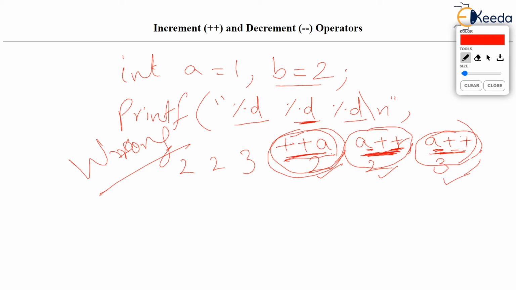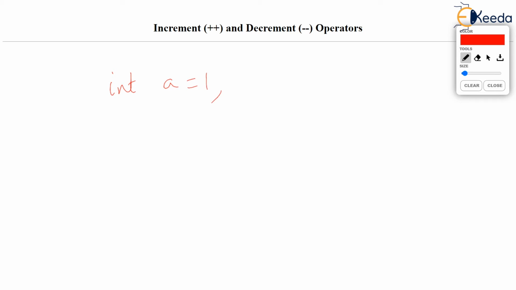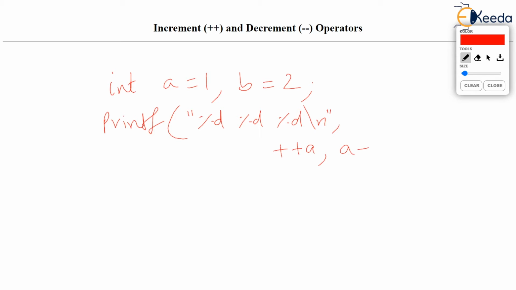So let's see what exactly happens when you give expressions within printf. Let's repeat the same code. A was 1, B was 2, although we are not using B right now. But then let's imagine that we have %d, %d, %d, \n, and we have given ++a, comma, a++, comma, a++.